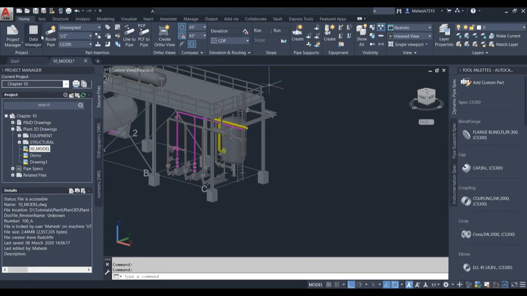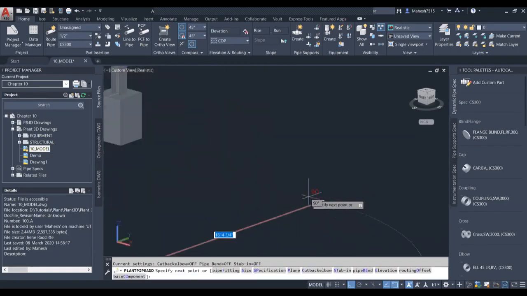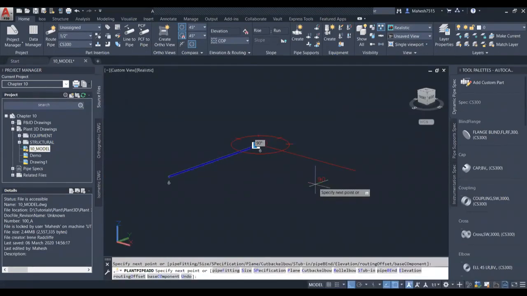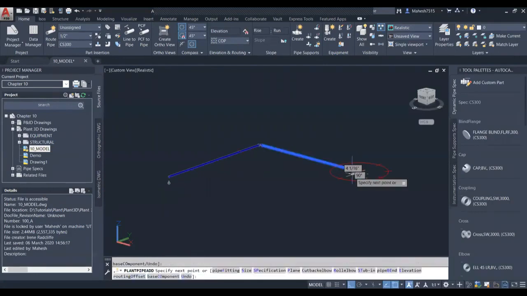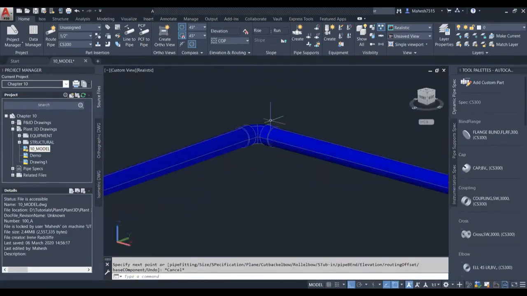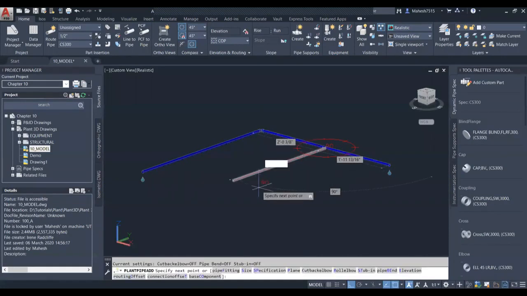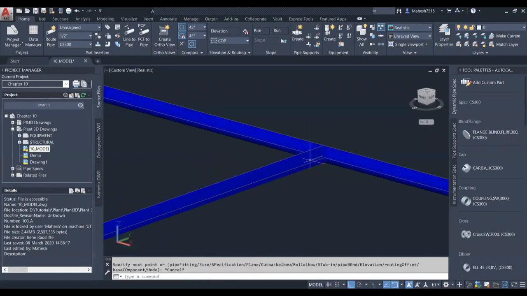For example, if I route a pipe, you can see it will automatically put up the elbows. It's not necessary for us to put one. And if I start my pipe from in between, it will automatically put up the T joints.